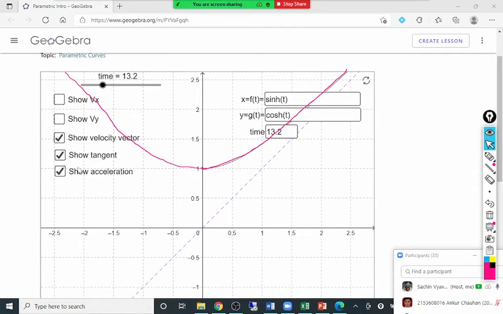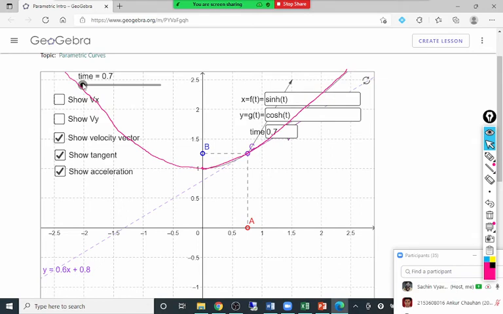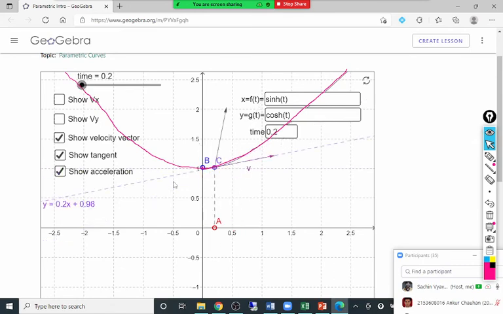Now for this hyperbola, let me keep t at 0.7. I kept t at 0.7. So for the 0.7 value of t, you will observe the acceleration vector is in the black color here. If you see the arrow in black color, that is the acceleration vector. The velocity vector is actually hidden below that. Let me change the time a little bit. Yes, now it is okay. You'll observe both there. This is the acceleration vector, this is the velocity vector.